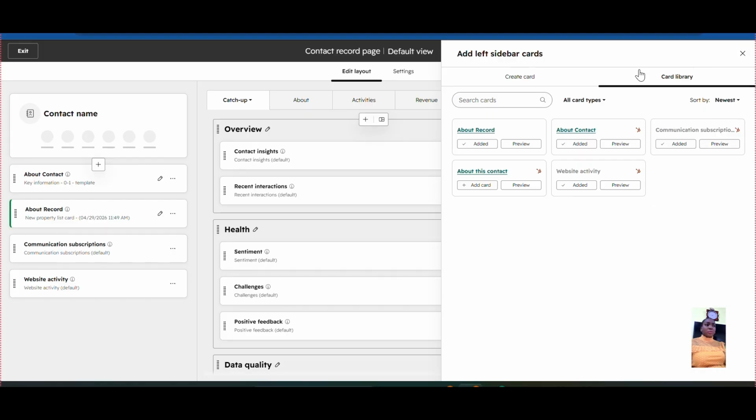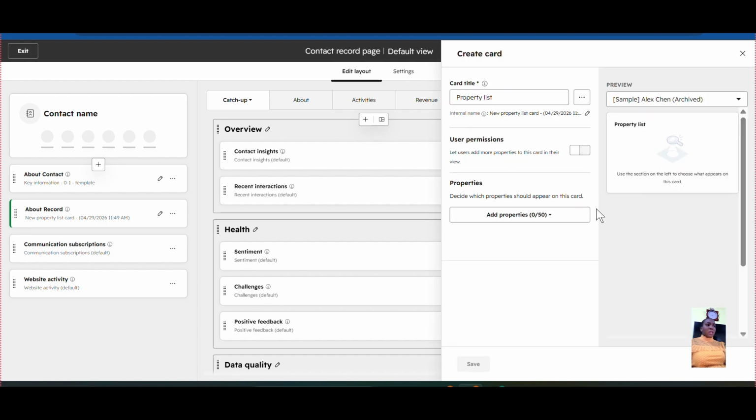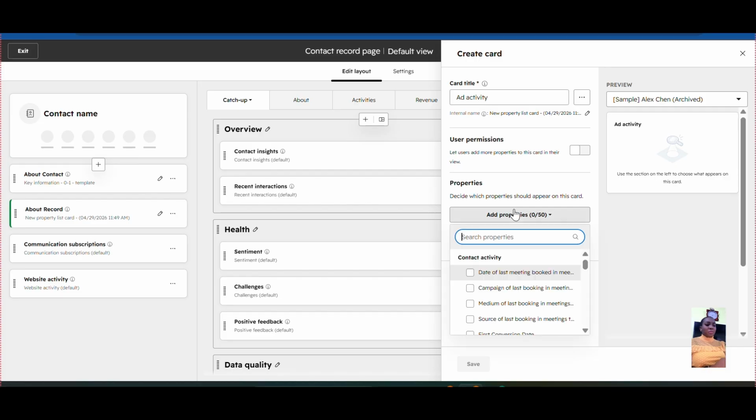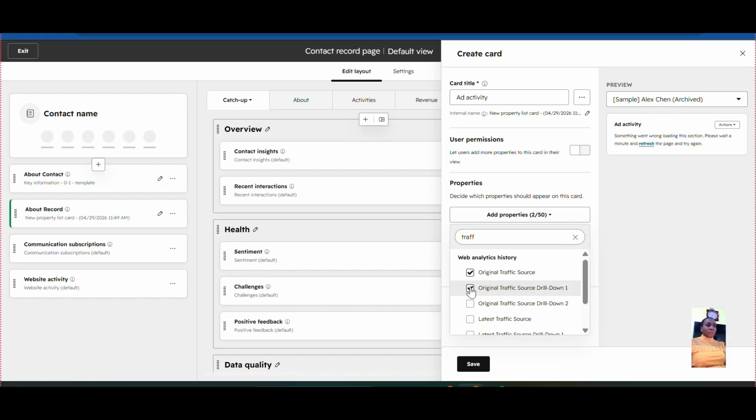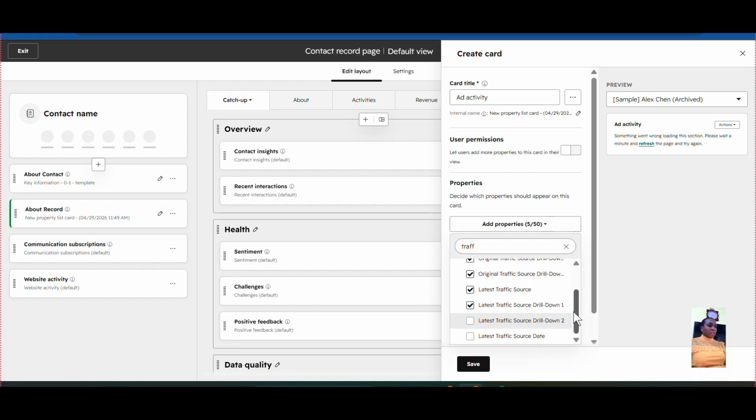So you can create multiple cards. You can go ahead and create cards, give it a name you want to give it, and I can call the second one I'm creating add activities, and here I will add all the fields that are relevant to add activities, right? So what I'm going to be adding here should be traffic source, recent conversion date. So I'm going to add original traffic source. It should drill down, then the latest traffic source, the latest traffic source drill down, and the date, and I'm going to add conversions